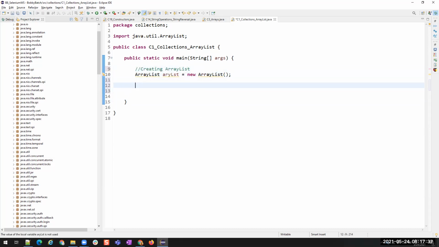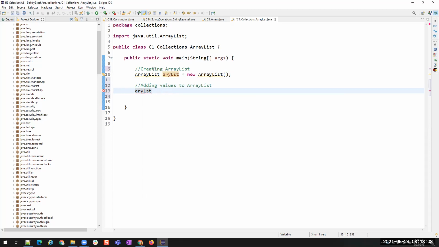ArrayList. Okay. And now, values to it. Okay. Now we have this object, the ArrayList. Normally, if you want to add values into an array, what we used to do is give the index and then assign the value, something like this, right? But now this is not an array, this is an ArrayList, and it is not going to use the index mechanism. So we cannot store values into an ArrayList using this.